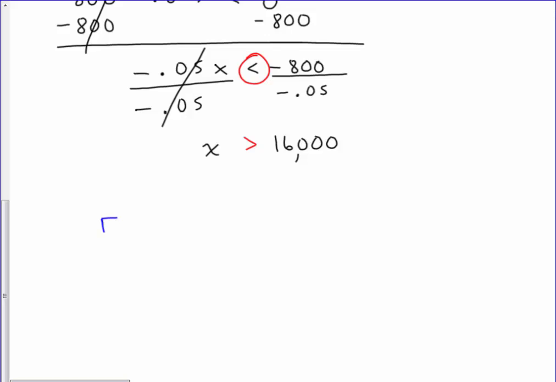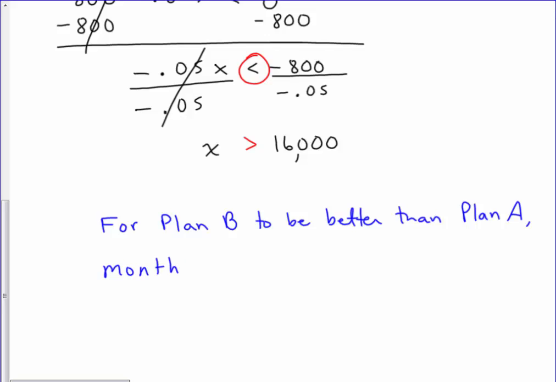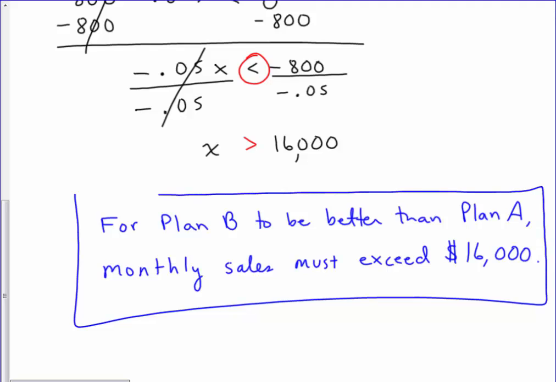That means that for Plan B to be better than Plan A, the monthly sales must exceed $16,000. Be careful that you don't say for Plan B to be better than Plan A, the monthly sales must